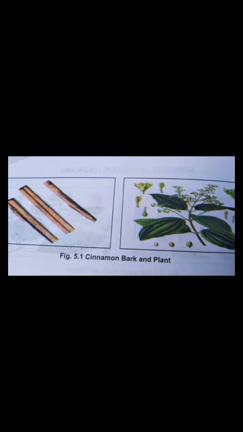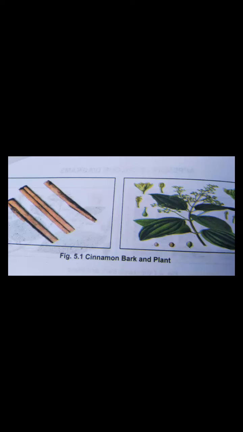Then the organoleptic characters. The color of cinnamon bark is dull yellowish brown on the outer surface. The odor is fragrant. The taste is warm, sweet and aromatic. The fracture is splintery. An extra feature is that the bark is free of cork, single or double, with closely packed compound quills.